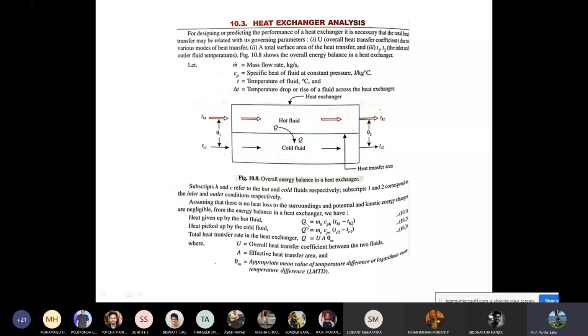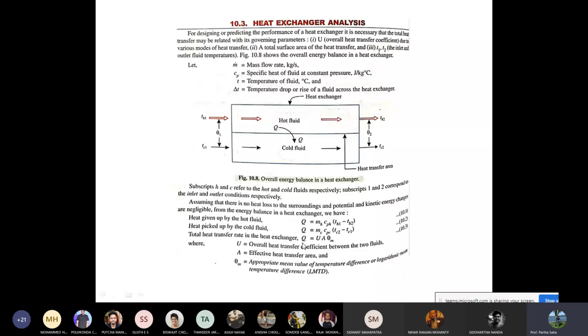So this much amount of heat which is going to be lost by the hot fluid is going to be gained by the cold fluid, which is given by a similar expression: Q equal to mc times Cpc times Tc2 minus Tc1, because the heat lost by the hot fluid is going to be gained by the cold fluid. Now that can be expressed by a general equation, that is the total heat transfer rate